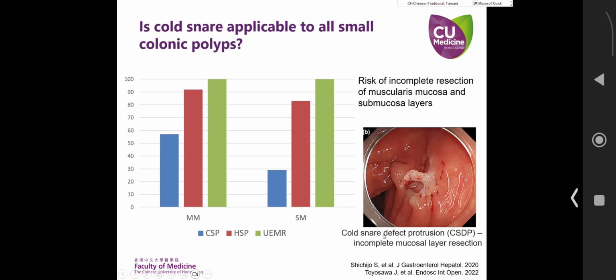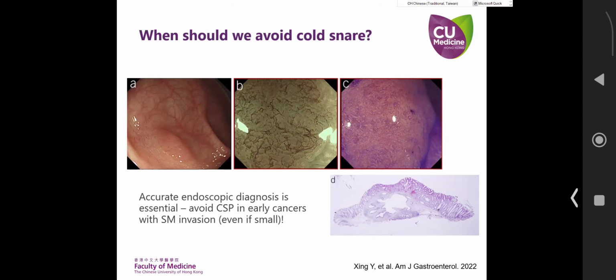So there's a risk of incomplete resection of deeper layers. This may not be an issue for low-grade adenoma, because after all, a low-grade adenoma is just a superficial, mucosal lesion. But if the lesion is deeper, let's say a high-grade adenoma or even an early cancer, then cold snare polypectomy will result in incomplete resection. So the key message here is, again, even if you see a small polyp, don't necessarily think it must be a low-grade adenoma. You should still do the